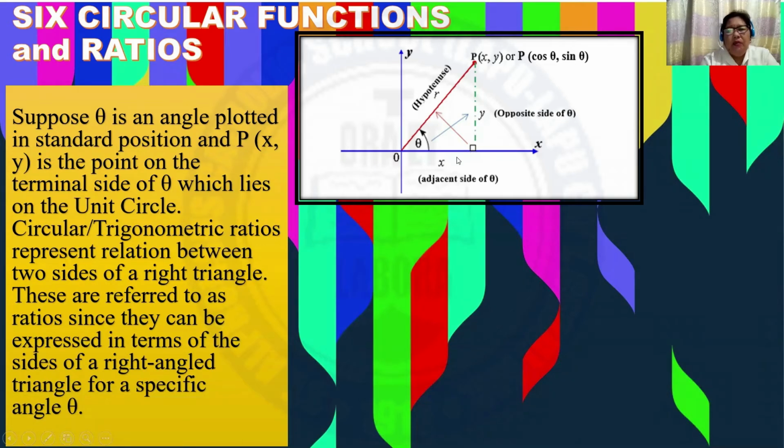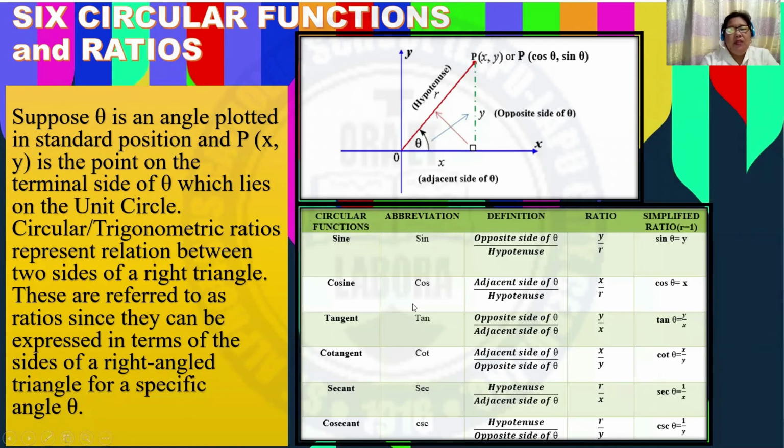This side here with X mark is the adjacent side of theta, and this side, which is opposite to the right angle, is what we call the hypotenuse and represented by R. So the 6 circular functions are sine, cosine, tangent, cotangent, secant, cosecant. So for the definition, we have for sine, opposite side of theta over hypotenuse, and then you have